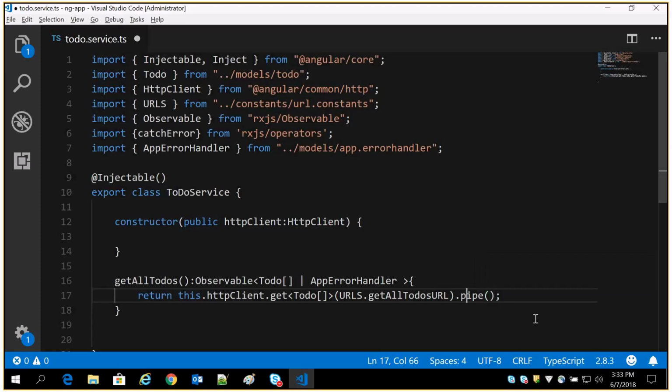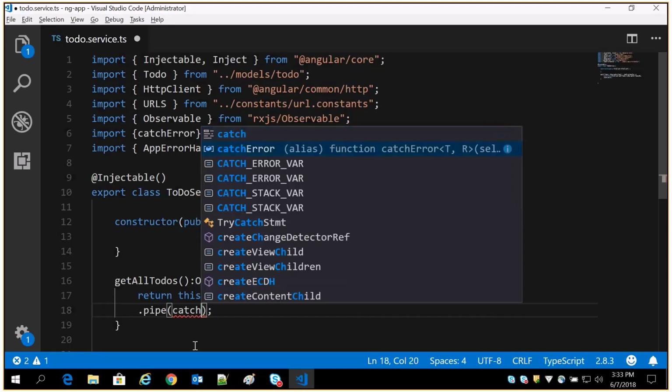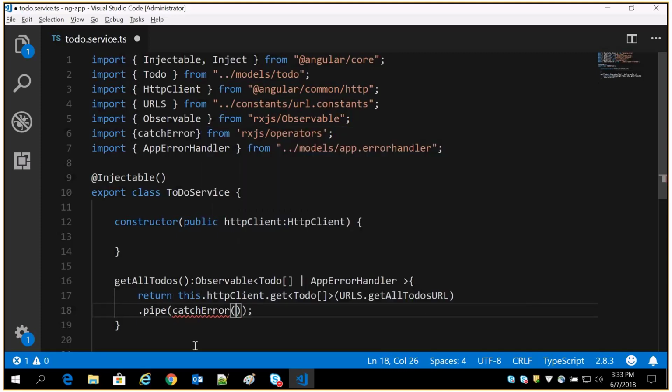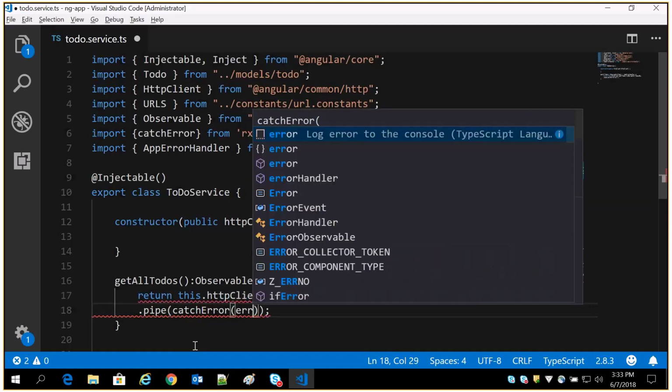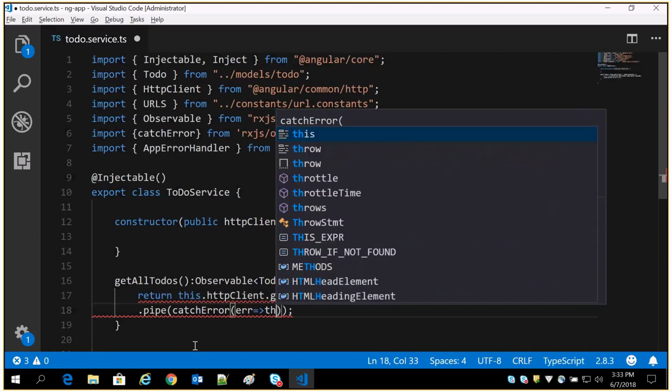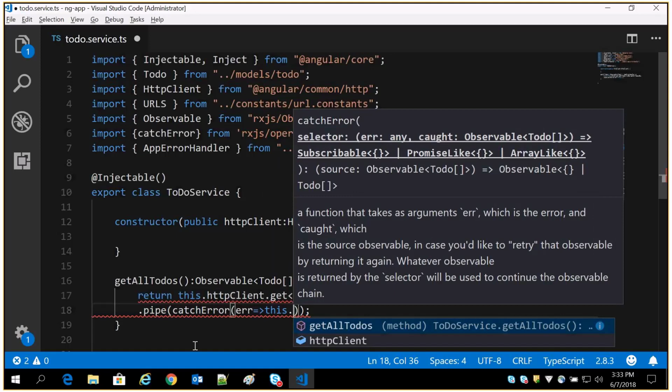So dot pipe, I'm calling that function catch error, get this error and return it with this dot. I need to have the error handler, right?